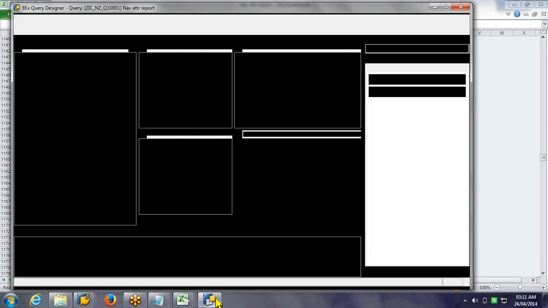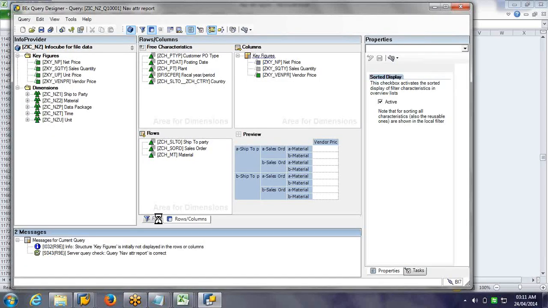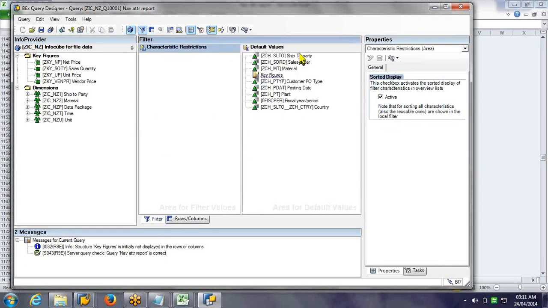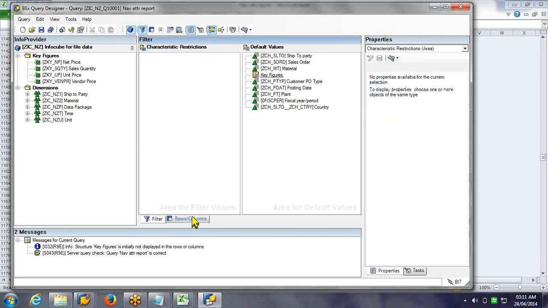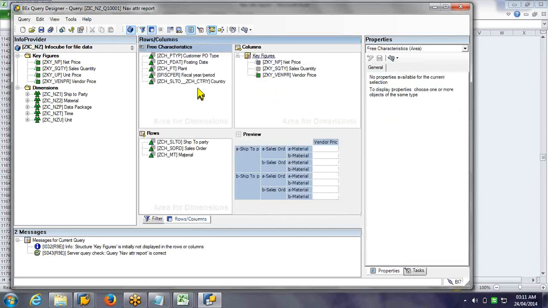Why it is bringing the entire data is, if you go into the filter, you can see everything is automatically coming over here. We have not placed anything under default values. It shows us the default values, which is whatever I place under rows, columns, and free characteristics.